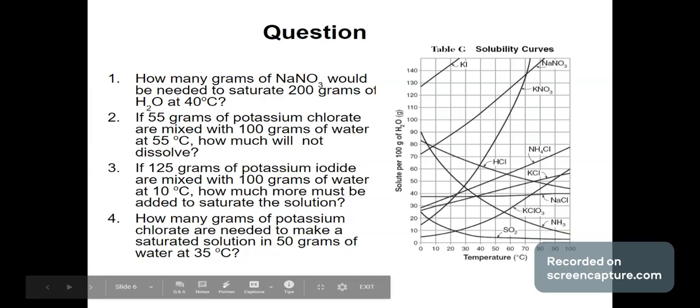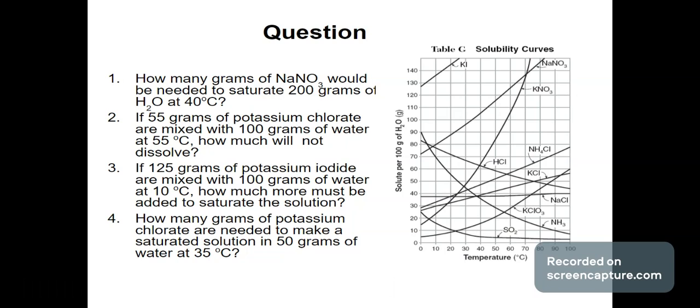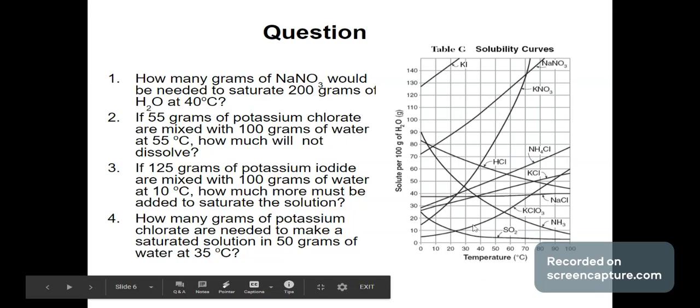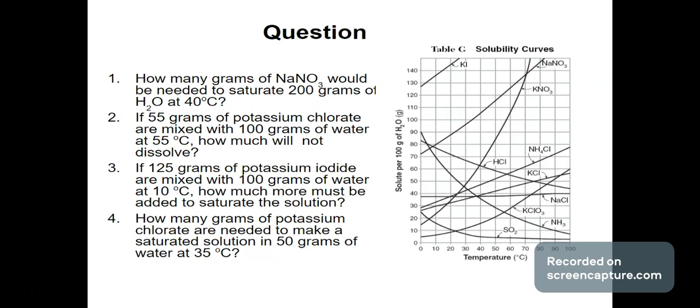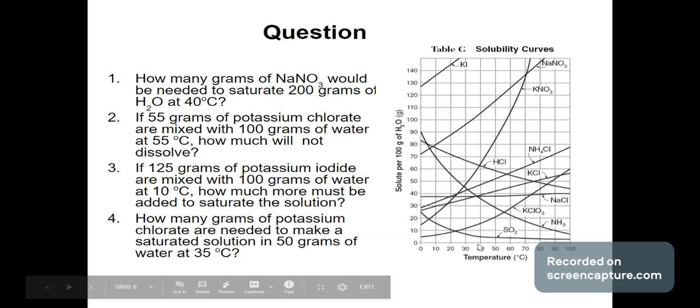I'm hitting potassium chlorate right here, and at 35 degrees it is hitting around 14. Because that's at 100 grams, right? So half of that will put us at,